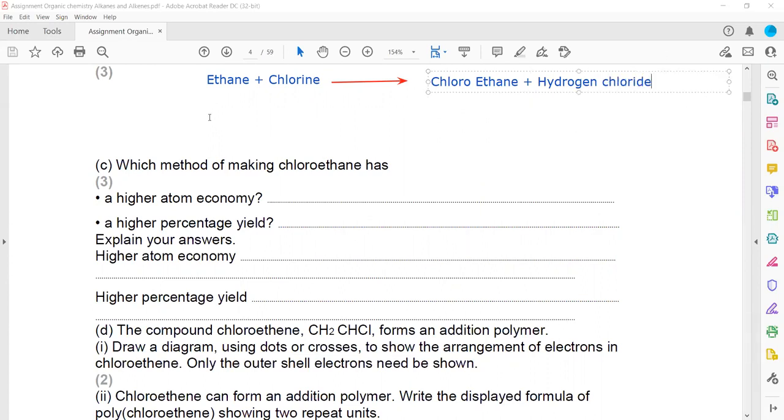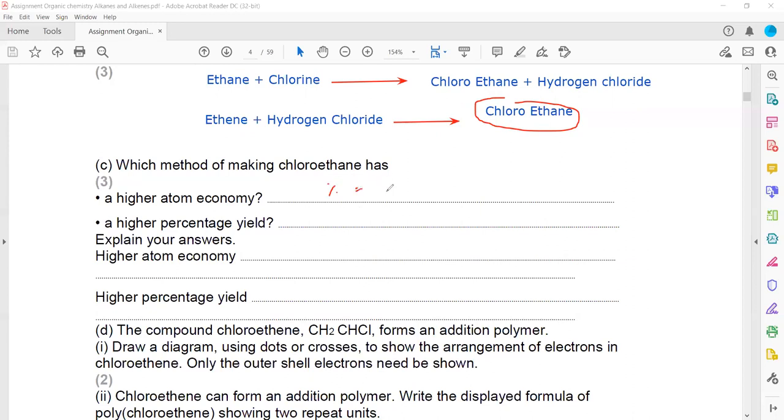But when ethene is reacted with hydrogen chloride, this results in the formation of chloroethane. So you can clearly see that this second method will have a higher atom economy. Why? Because percentage atom economy is calculated by the mass of the desired product